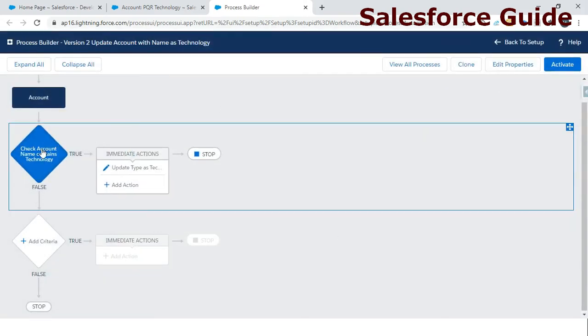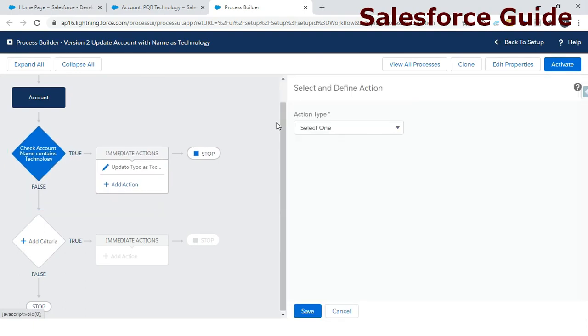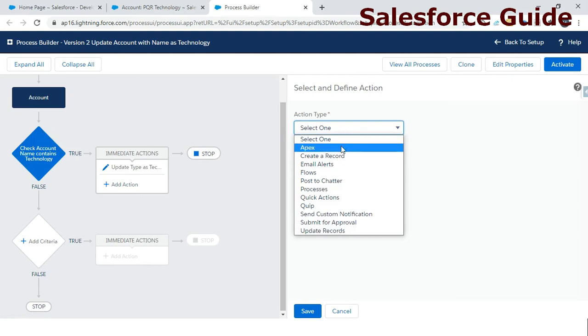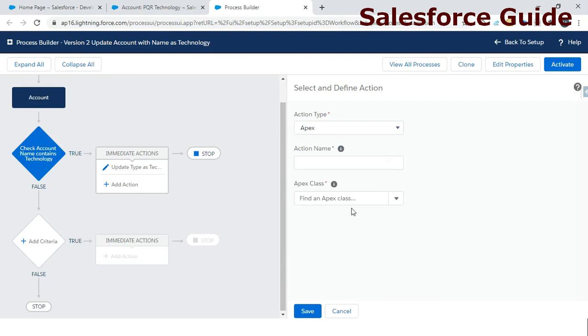Now I can edit and update each and every functionality present there. The way we have presented the different field updates here, you can also perform different activities, just like Apex. That means if you want to call any Apex method from a process builder, you can select Apex here, then it will show you a class to select, and you can select any class which has an Apex method marked as invocable. Only those methods can be called from process builder. Other methods you cannot call from here.